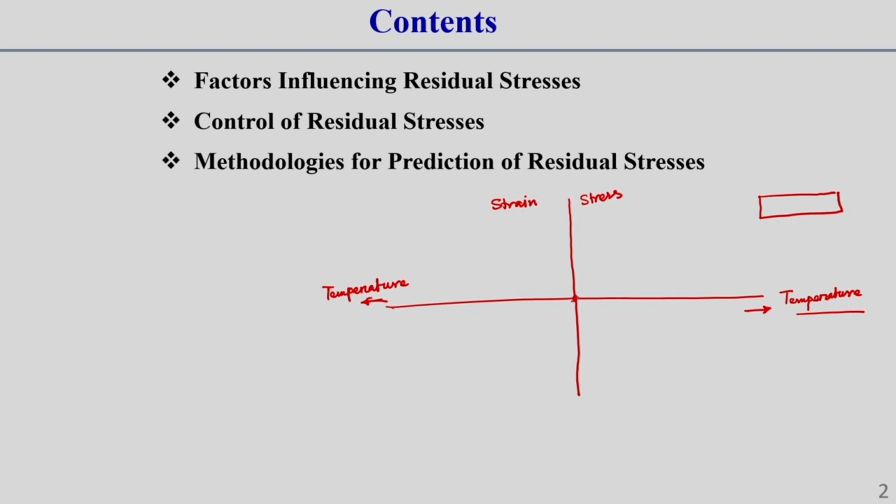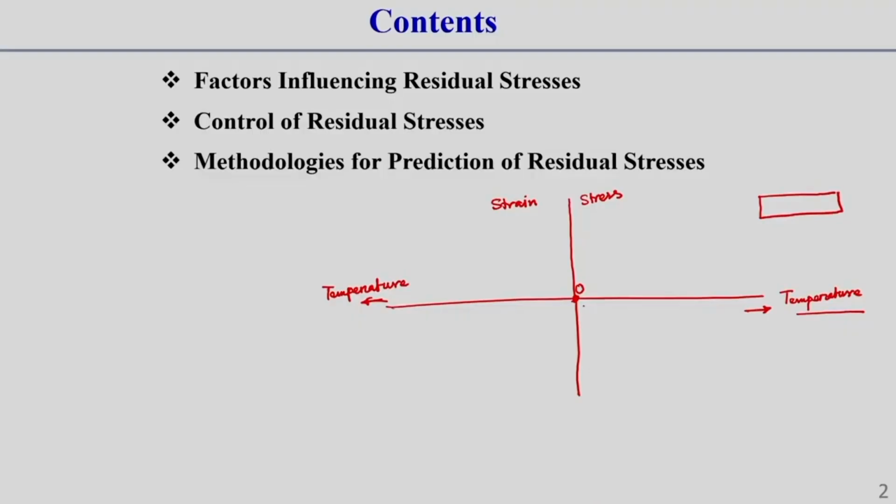Let this be the room temperature point, which I am representing here by point O. Once the plate is at room temperature, residual stress and strain are not available in that plate. Now, once the temperature increases in the weld zone,